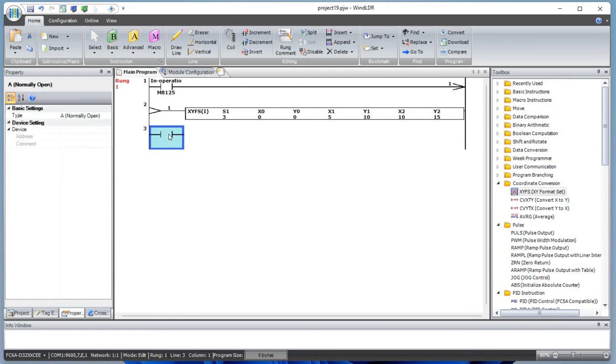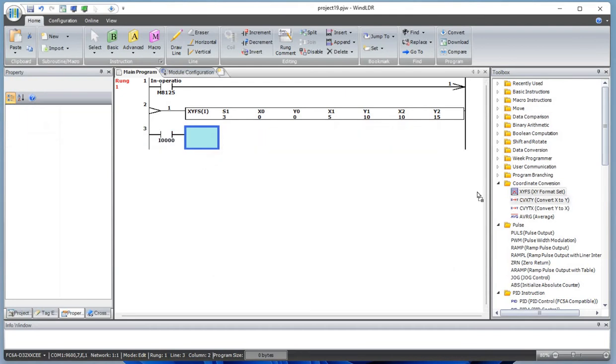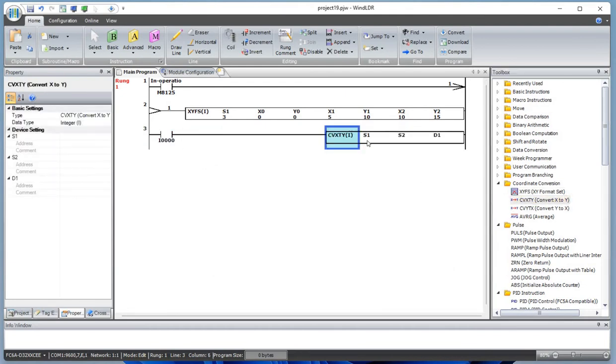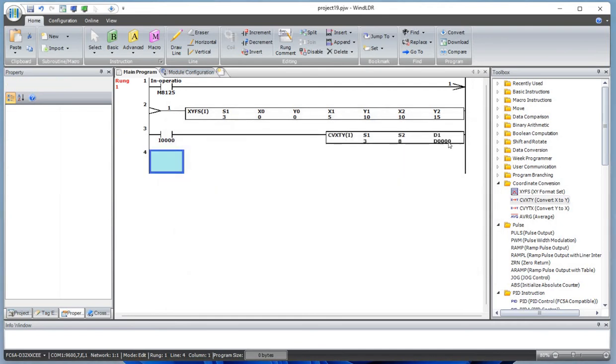So let's add a normally open contact, and let's say this one is I0. Let's drag and drop, convert the value of X to Y. We want to convert the X value 8 to Y and set that to D0. Here do not get confused with D1 and D0. D1 is a destination register, whereas D0 is a data register where we will save the converted Y